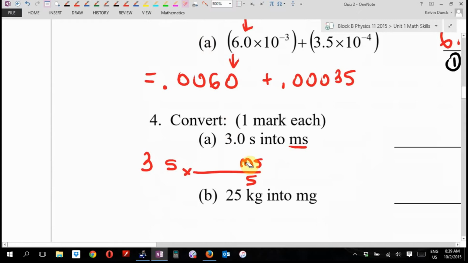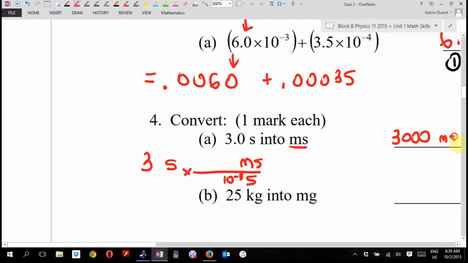Here's what I'm really saying. This says milliseconds. This has to say milliseconds as well, except I don't want to put a milli. I want to put the number that milli represents, the 10 to the, what does milli represent? 10 to the, and it goes in front of the base unit. It goes where you don't have a metric prefix. That's how you can figure out, does it go on the top or on the bottom? And because it's on the bottom, am I going to times or am I going to divide? It's going to be divided by, and I think you're going to get